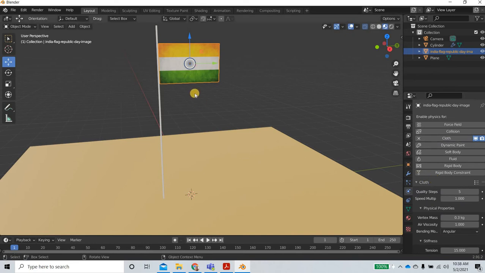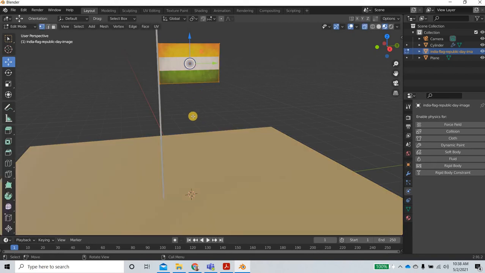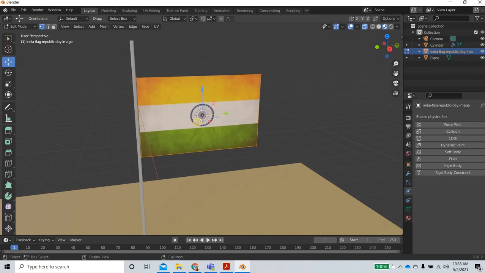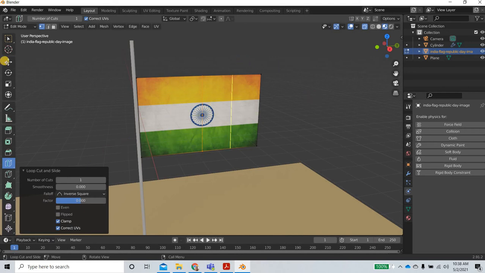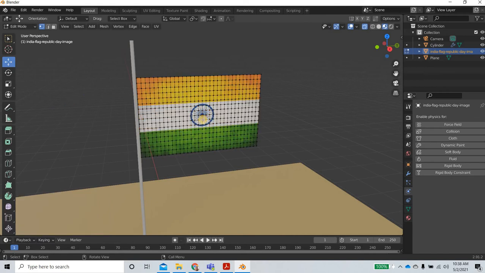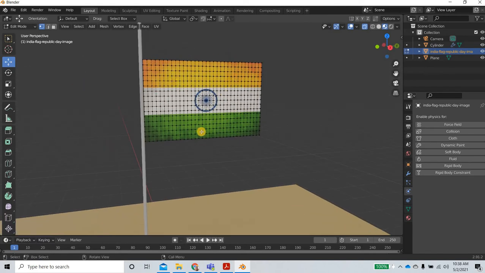Alright, and before I do that, I'll go in the edit mode by hitting the tab key, and we need more segments here. So I'm going to add one segment in the middle, so this becomes like a square. Right? Then I'll select all of these, right click and say subdivide, and then maybe I'll use 15, all right, or 20, whatever it is. All right. So we have enough segments for our flag to simulate